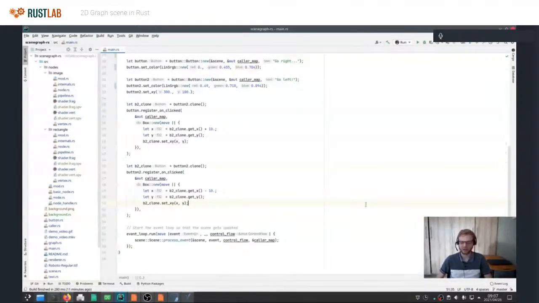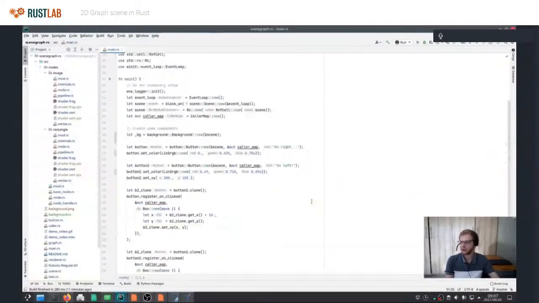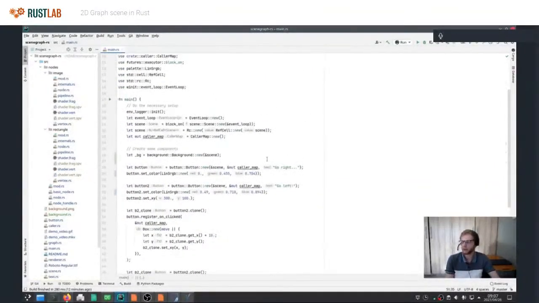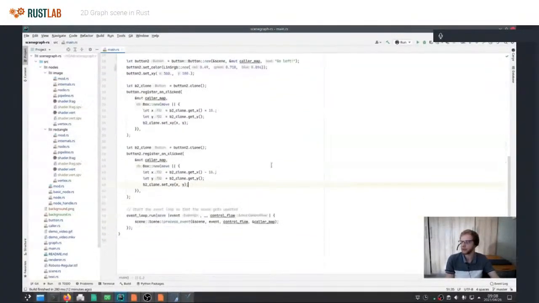This sort of reinforced the safety that Rust brings, in my mind at least. So what Rust forced me to do is to separate the part where I walk the tree and the part where I actually execute event handlers, which I think is quite neat. It introduces this very strange principle, but it forced me to do something which is fundamentally a lot safer. Yeah, so I found that quite interesting.